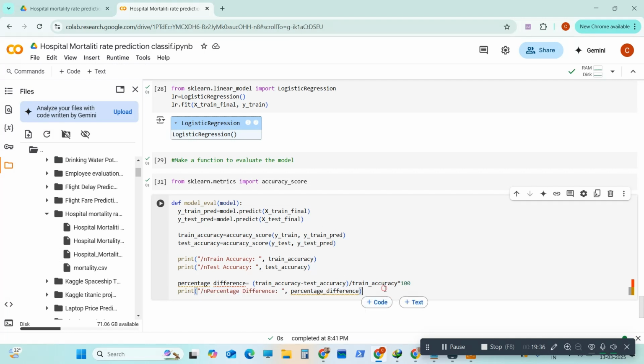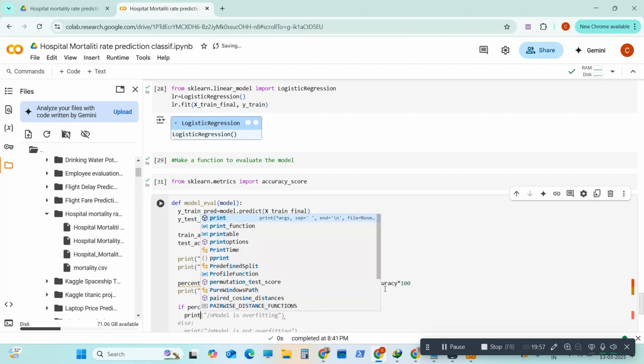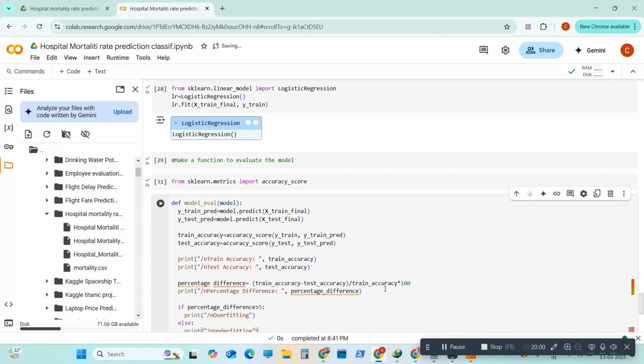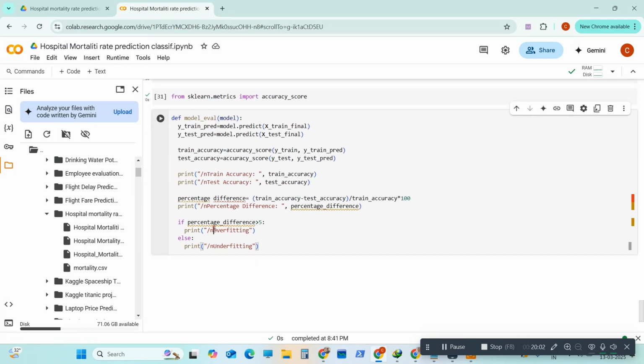It will come in two different lines when it is printed. So as I said, depending upon the percentage difference, we will decide whether our model is underfitting or overfitting. So if it is greater than 5, then the model is, if the percent difference is